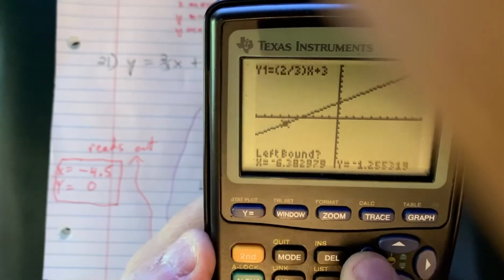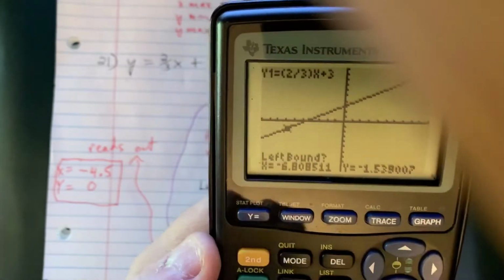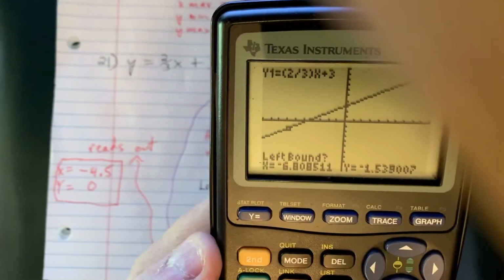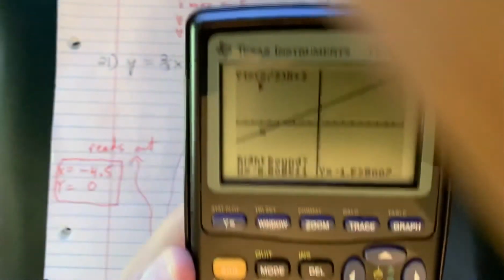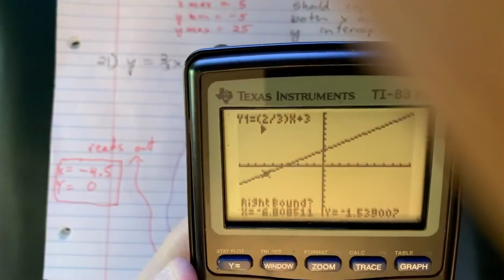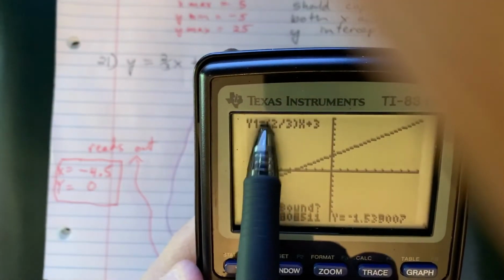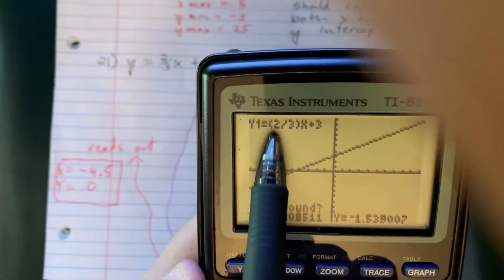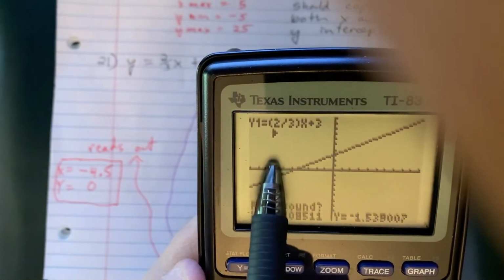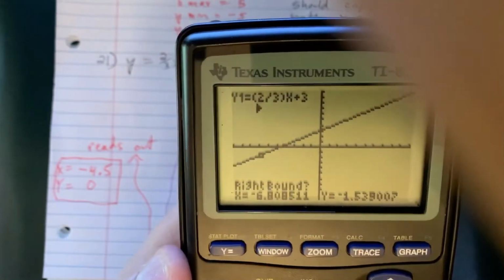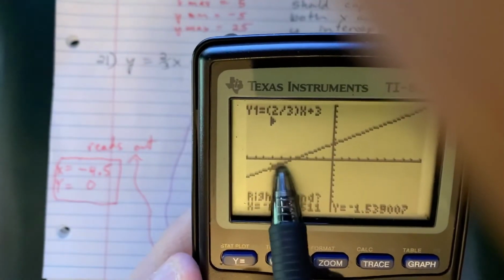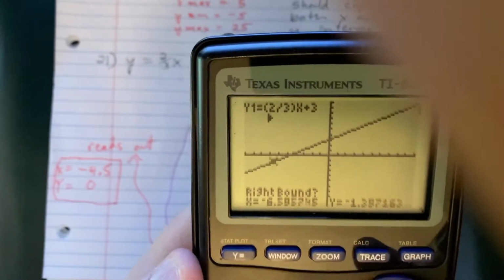So we go where it's clearly below the x-axis. All right, and then you hit enter. And now look at what happened. It popped up a floating arrow right there. That's the line that it's going to look for there and over. Now it asks for a right bound, and the little flashy dot is in the same spot. So now you have to put the right bound